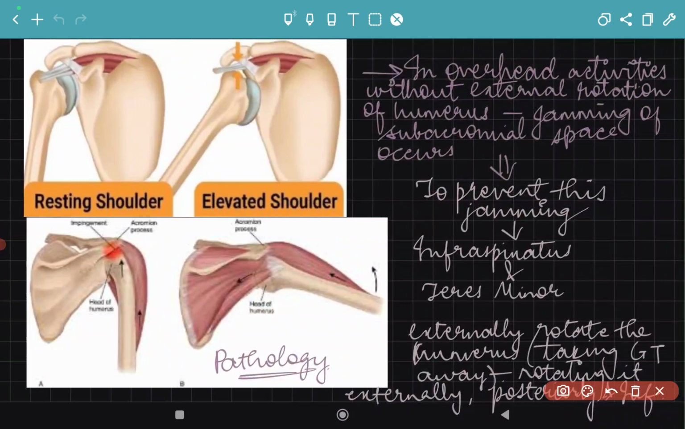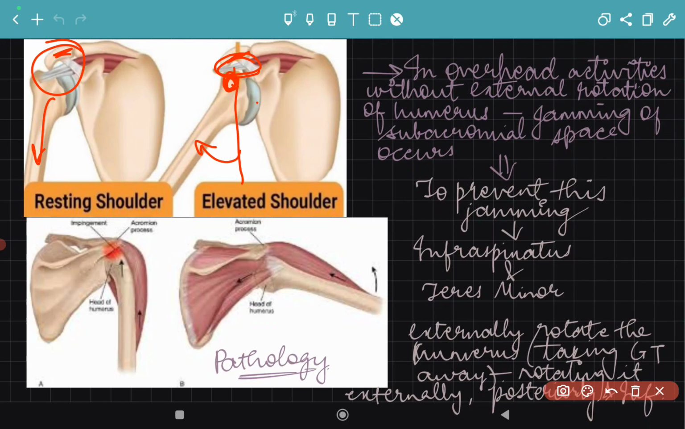As we can see in this picture, there is this resting shoulder where you can see the subacromial space, where the subacromial bursa will lie and the supraspinatus tendon or rotator cuff tendons are passing. So there is enough space when the arm is at the side, below the acromion process. But here you can see, as the humerus is elevating, there is this greater tubercle somewhere here. It will try to hit this portion, and that will result in narrowing of space for the subacromial bursa as well